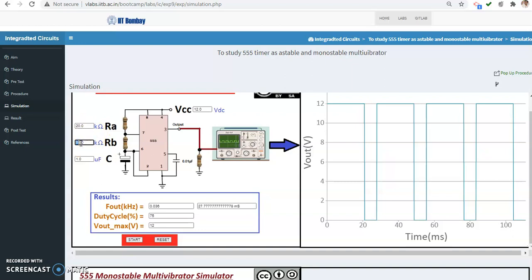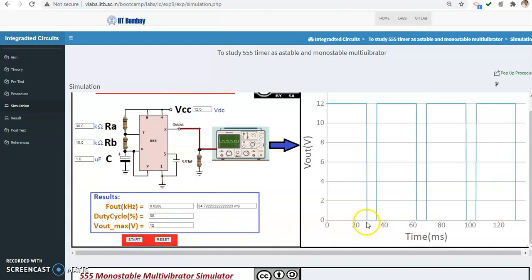Next I am going to vary the denomination. So far, R1 is what I have varied. If R1 is varied, only the on time is varied, the off time is not varied. I will vary it to 30. Run. See, the off time pulse width is the same, and the on time is more, as per the formula.